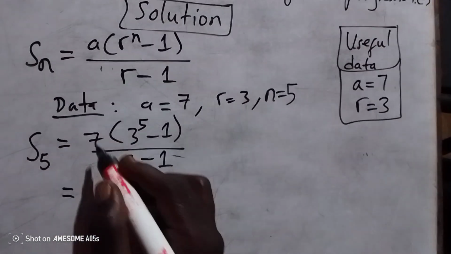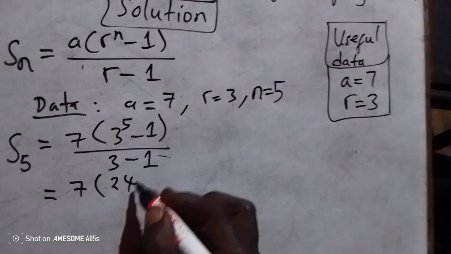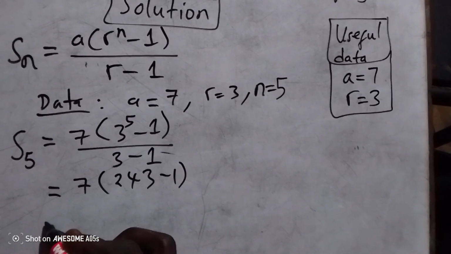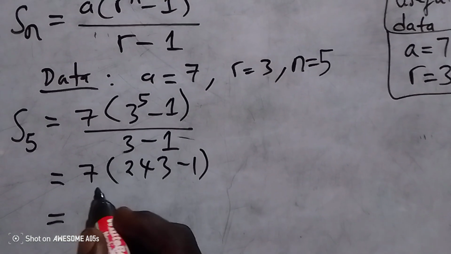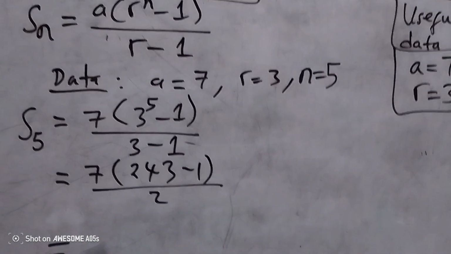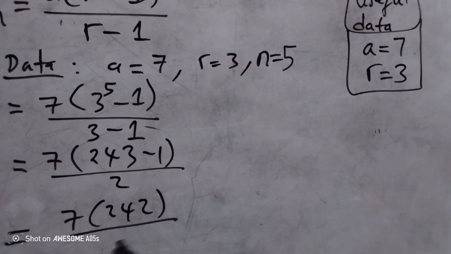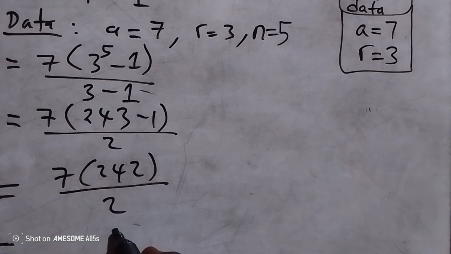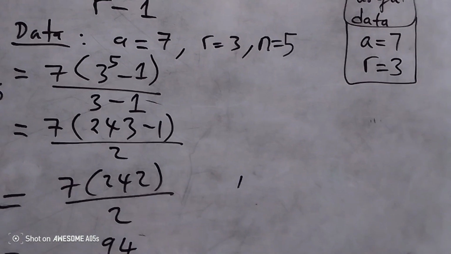So at that point, this is paper 2, you can use a calculator, which is 243 from our previous calculation, then minus 1, over 2. So 243 minus 1 is 242, then over 2. Then we have 7 times 2, it's 14, carry 1. 7 times 4 is 28 plus 1, 29. Then 7